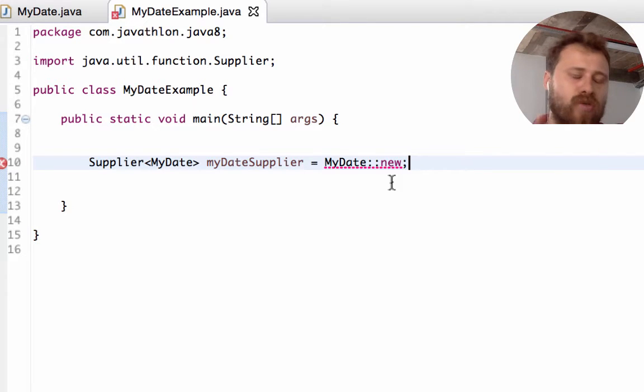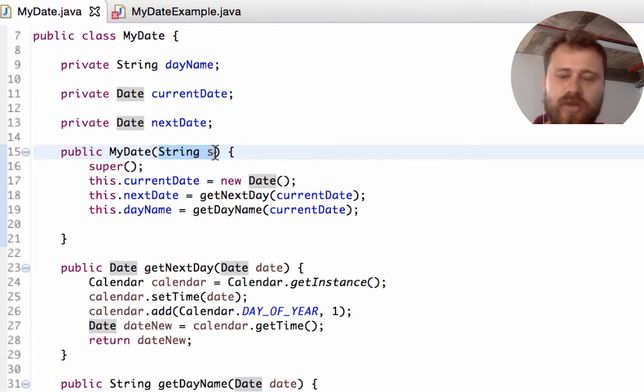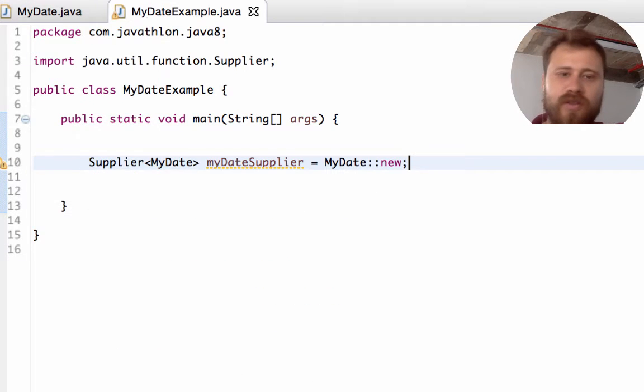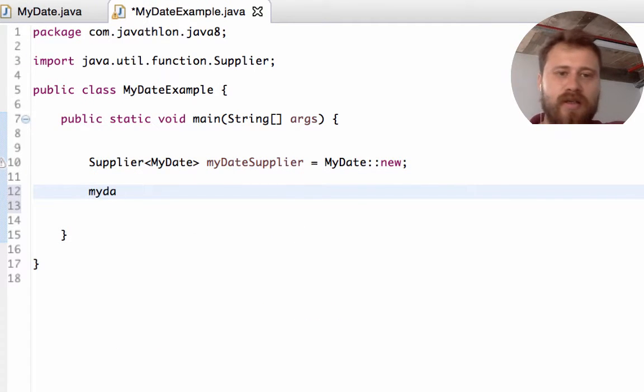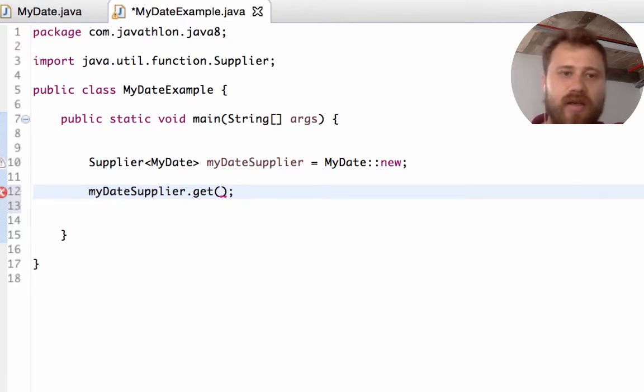You may refer to a constructor with only zero arguments, no arguments, okay? Let me return to MyDate and remove the argument. Let's return this, and now I'm creating an instance of MyDate